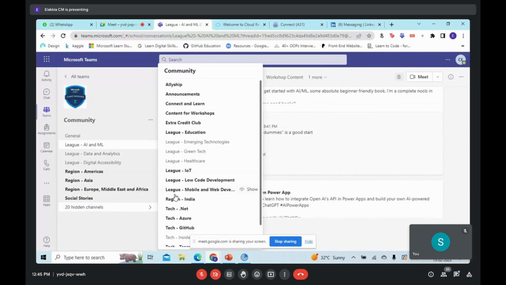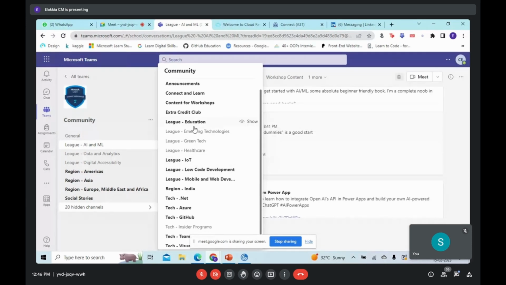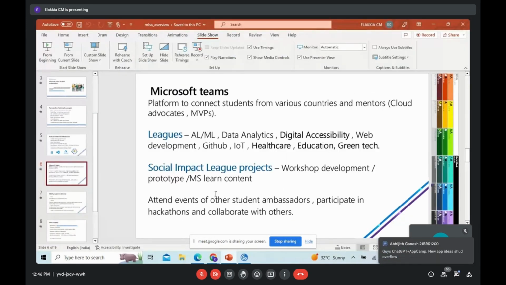There are like 20 leagues: IoT, mobile development, and everything. You can also invite more people for your events who will be there to support you. And these emerging technologies, green tech, healthcare, and education, these four leagues will be conducting social impact league projects.